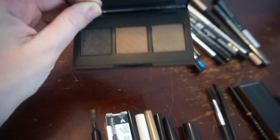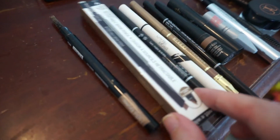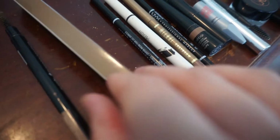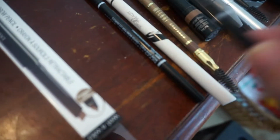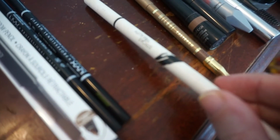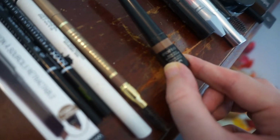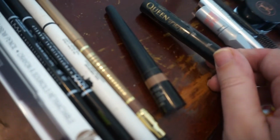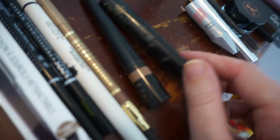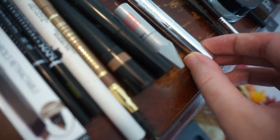Brow products, I have this Brow Gal palette. I have this Santee eyebrow pencil, a bunch of NYX eyebrow pencils. I have 1 NYX, 2 NYX, 3 NYX eyebrow pencils. I have this Stroke of Beauty eyebrow pencil, a Milani pencil, Smashbox Brow Tech, which has been discontinued, which is a bummer because I loved it. Queen of the Fill brow gel from Elizabeth Mott, Benefit Give Me Brow, Anastasia Clear Brow Gel, and then I